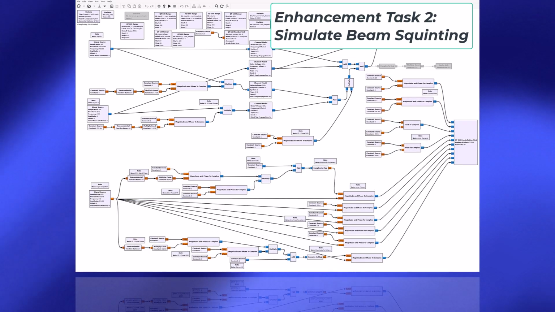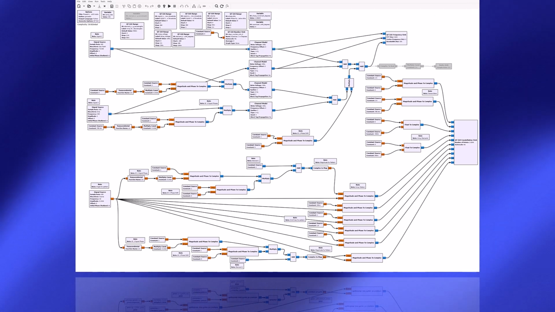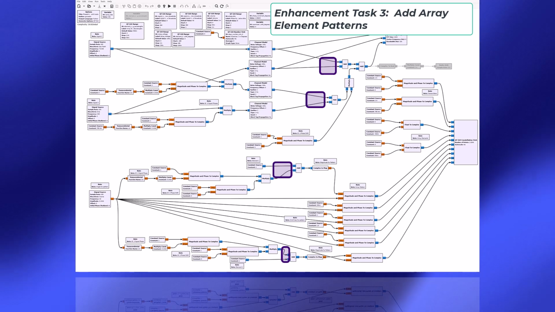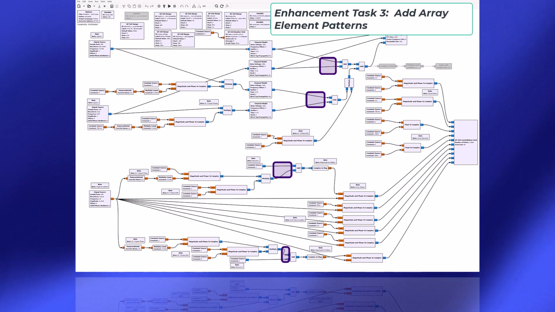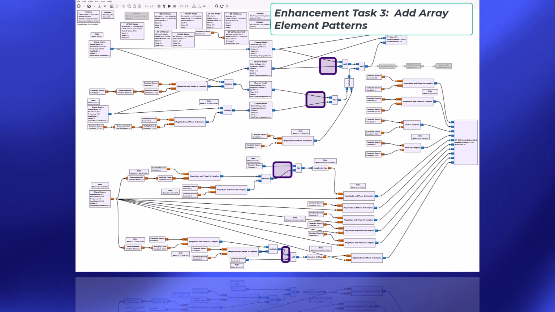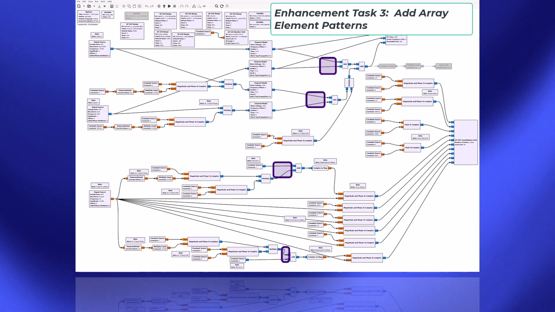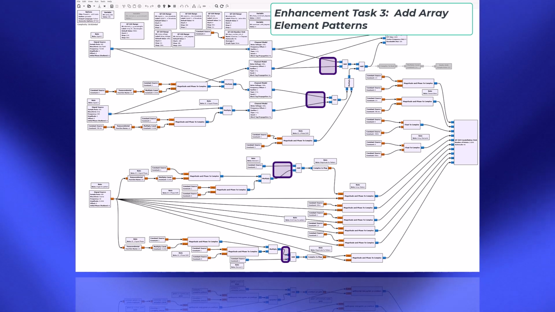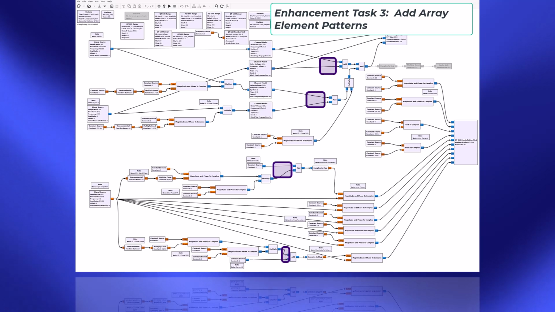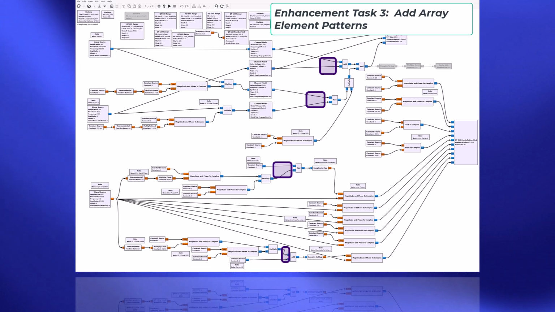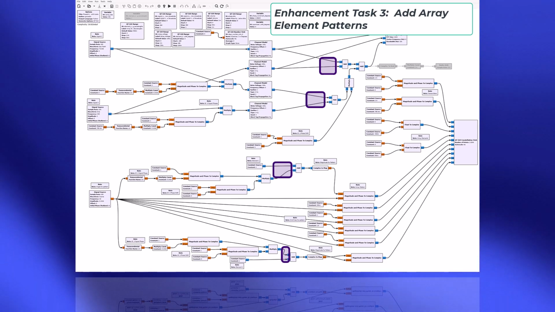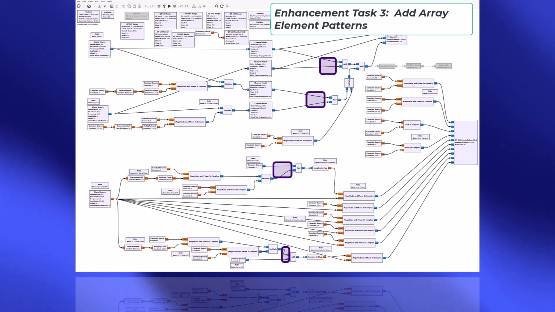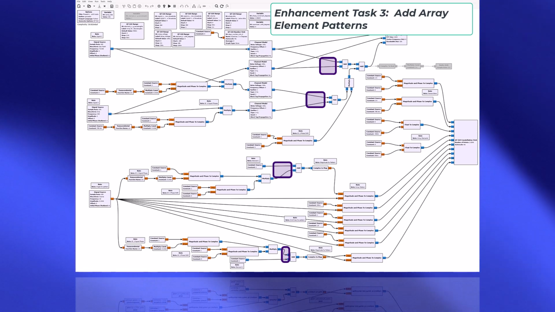The third enhancement that I've asked you to make is to add an element pattern. That is, assume that each antenna used in the array is not a simple omnidirectional antenna, and assume instead that each of those antennas that make up the array, that is the elements of the array, has its own pattern, and further assume that all of the element patterns within the array will face in the same direction at any time. By using a directional element pattern, you will be able to suppress parts of the array factor in the